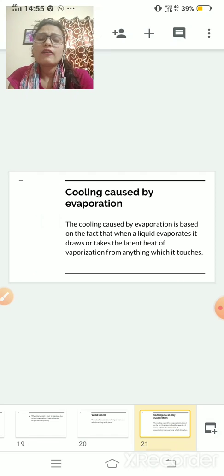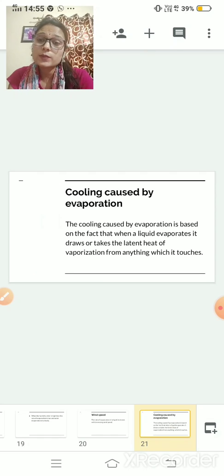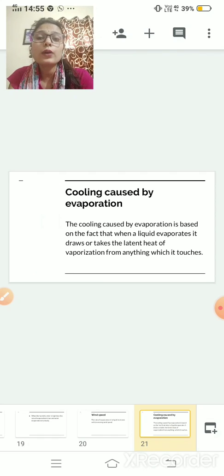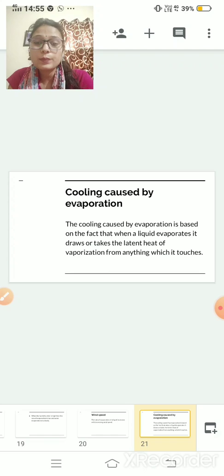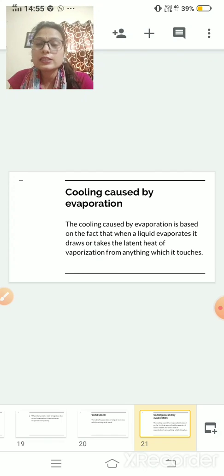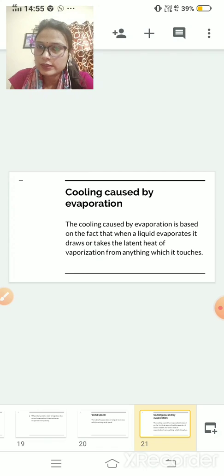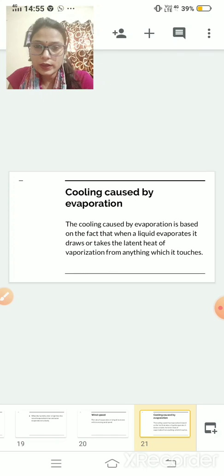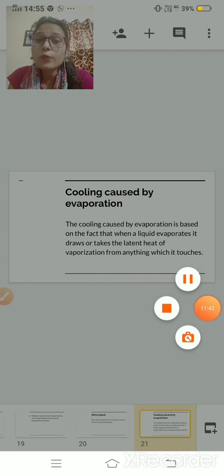So, our next topic is cooling caused by evaporation. How does evaporation cause cooling? Now see, the cooling caused by evaporation is based on the fact that when a liquid evaporates, it draws or takes the latent heat of vaporization from anything which it touches. See, this thing will be clearer to you when I give you examples. Shall I give? Okay. So, first example is,